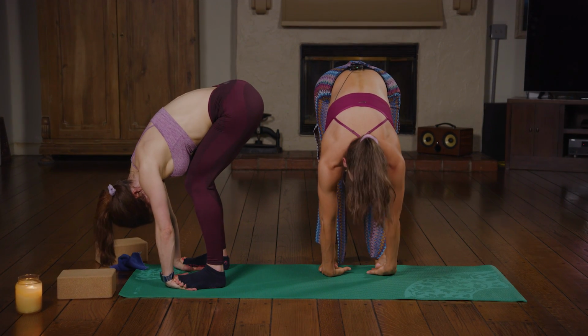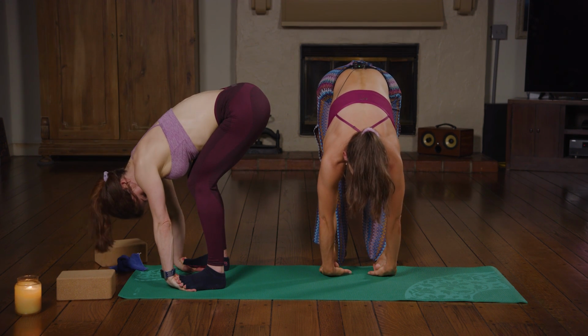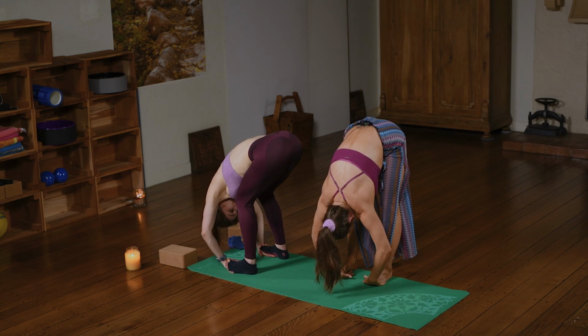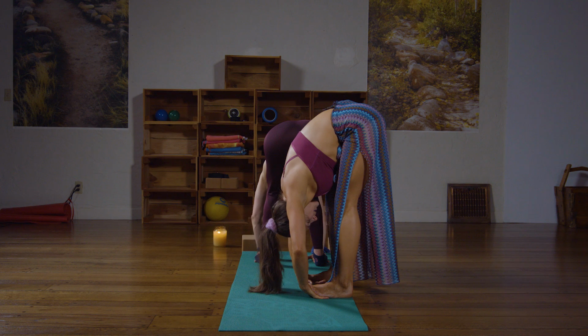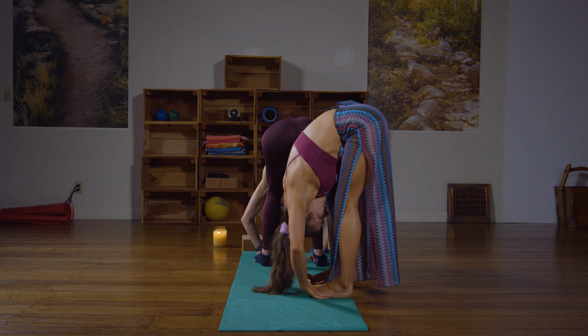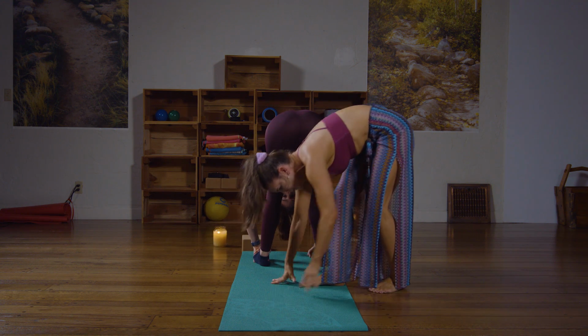Okay, so let's lengthen through your back. Breathe in, and as you exhale, bend and fold. So we're working, think about this, we're working the arm strength to create the length. So I'm not really warm enough to go deep into that stretch, but